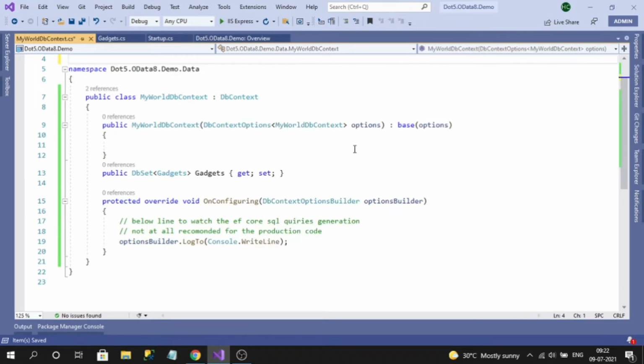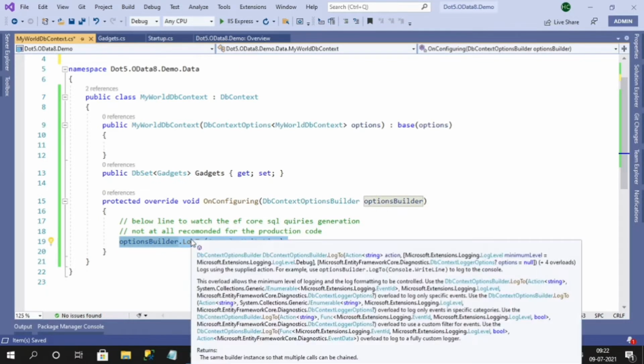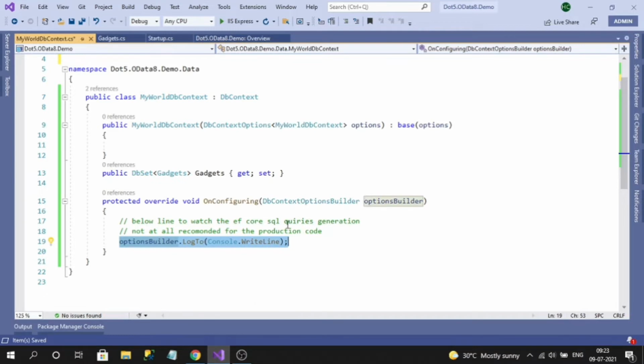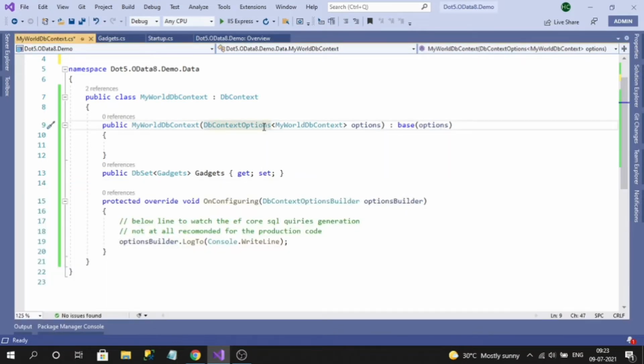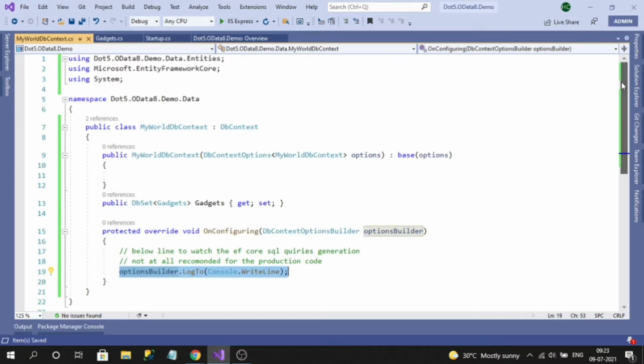So the only thing is, here I have some additional line, which is this one. So this is for developers only. This code is never used in production. So what it will do is it will log everything. So whatever we query, that will be logged to our output console here. So when we run our application, we can see all the database queries that are generated or executed by our application as a log in the console. So that is the use of this line, LogTo Console.WriteLine. That's about our DB context.